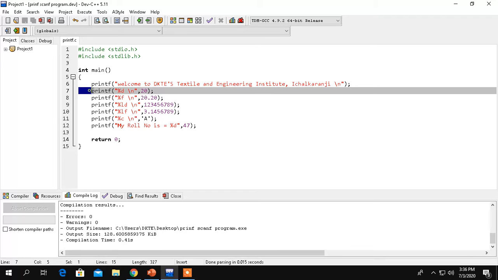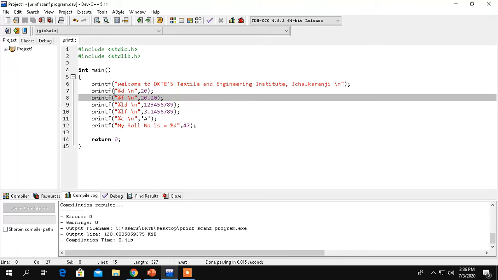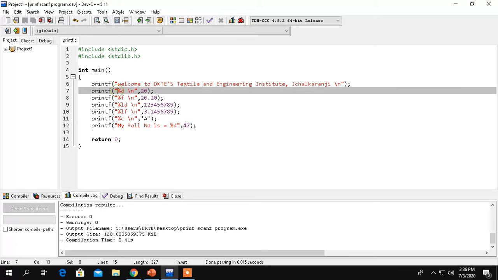Now on the next line we are having one integer value. Suppose we are going to print an integer value over the output window. We can do that by using this printf function. Again in this bracket we will have double quotes. In double quotes we cannot directly consider the integer value as it is. To have that integer value 20, we have to consider %d. So we are not writing this 20 value as it is in a double quote.